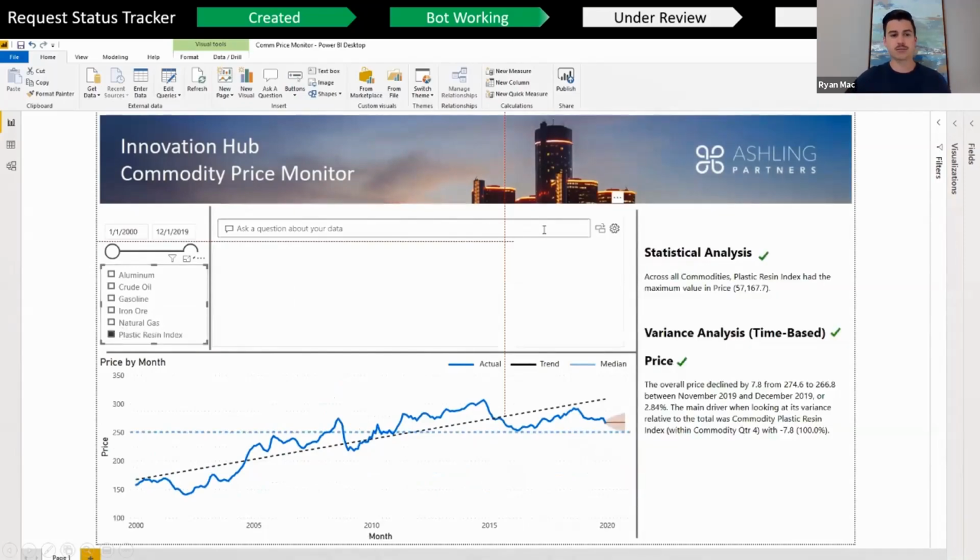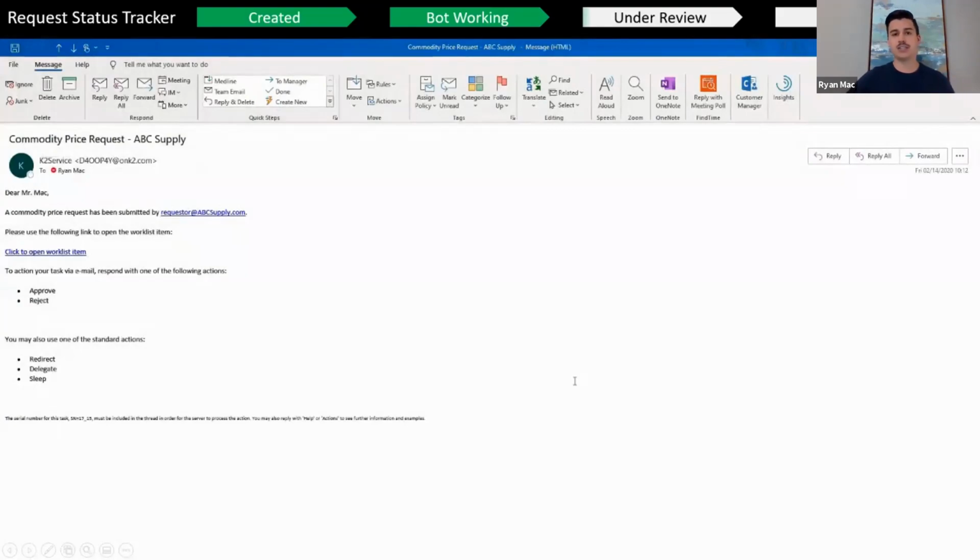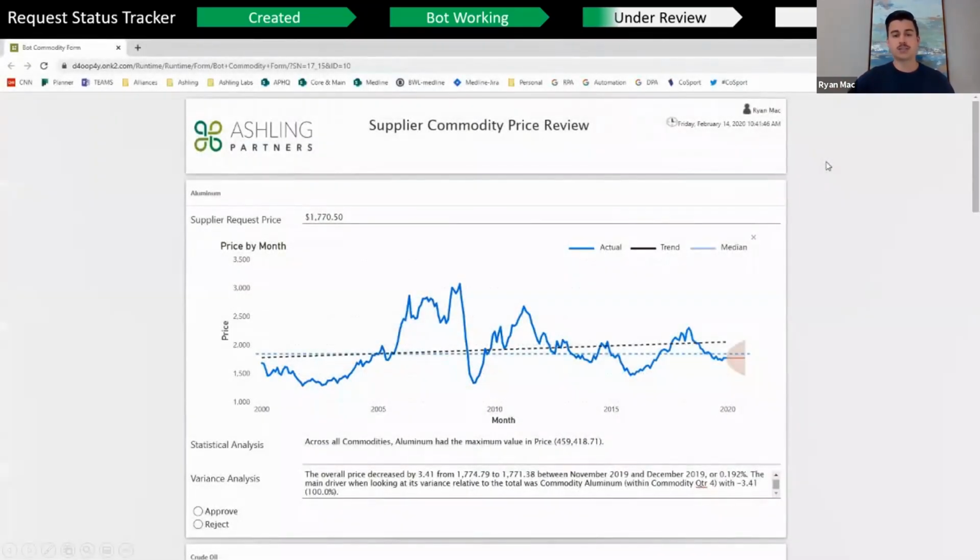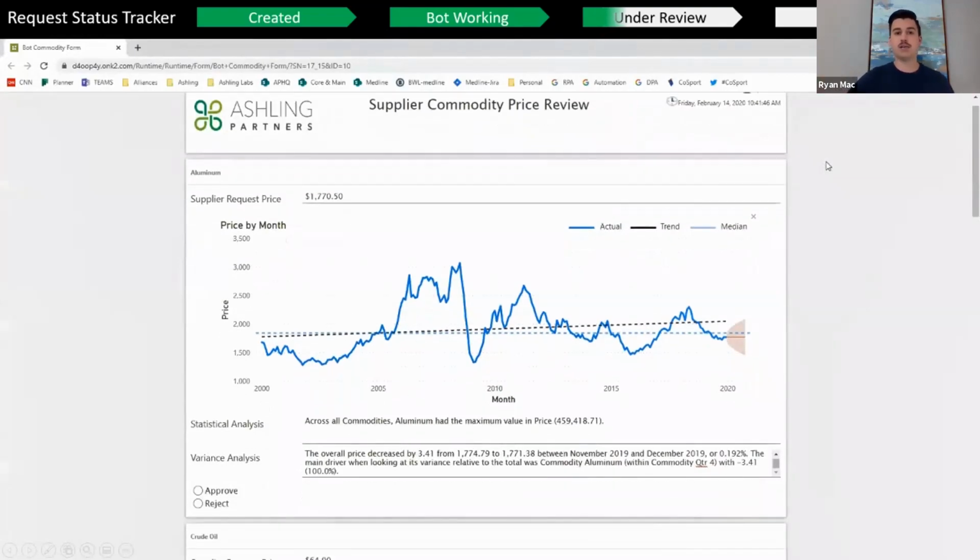And so you see, we've cycled through each of these commodities, and we're maintaining in this dashboard all of that analysis over time. Now what the bots can do, and that's the activity, I should say, that you can really have going on in the background proactively, and then upon request coming in, you can have that data being brought back. So next you saw the email. That would be the email to the approver,